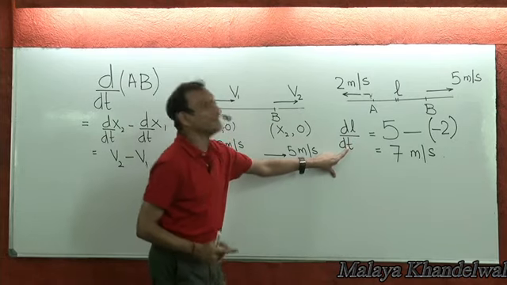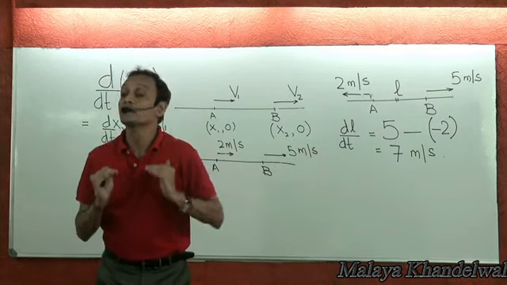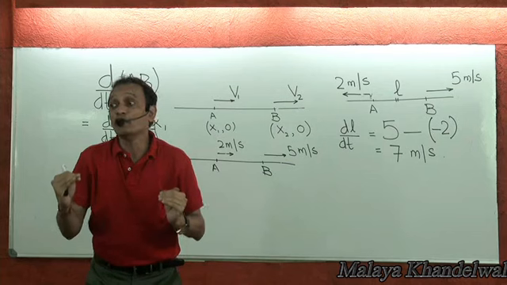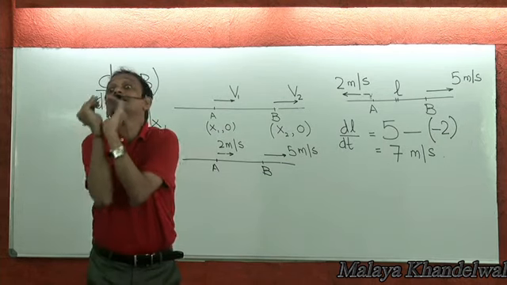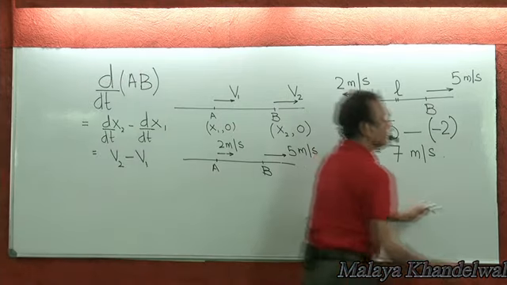If dL/dt turns out to be positive, if rate of change of L with time turns out to be positive, it means that L is increasing with time. If d/dt of L turns out to be negative, it means L is decreasing with time. That is what it means, right? For example,